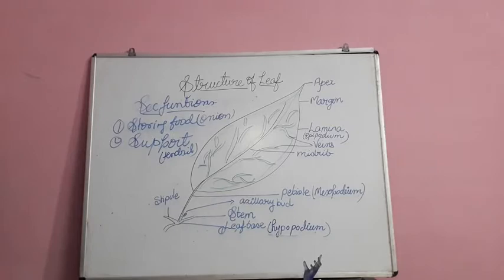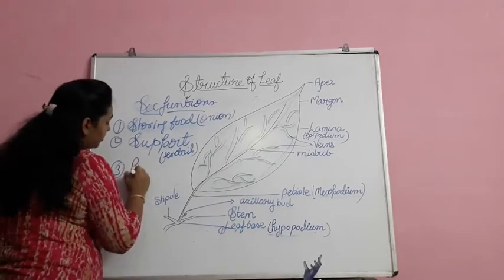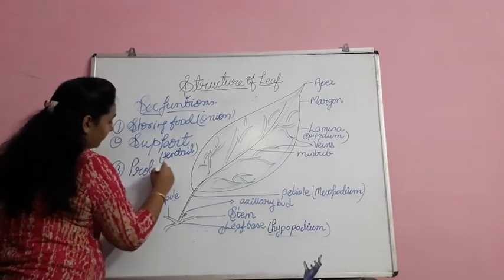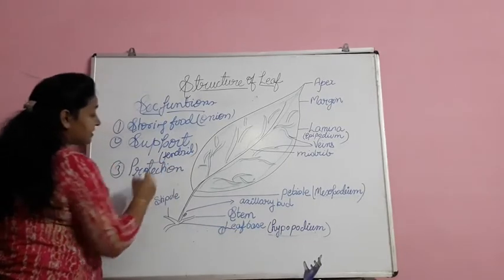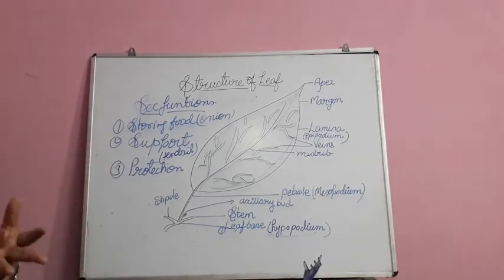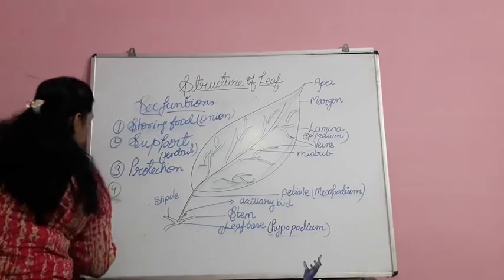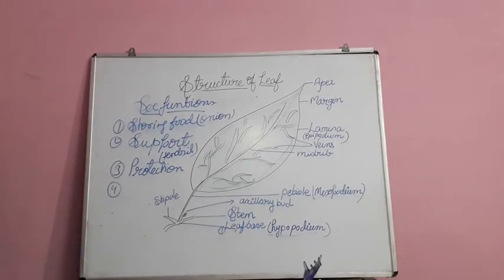Next we have protection. Protection is also very much required, as animals can graze them. Goat, sheep, cow, buffalo, they can graze them. So for protection purposes also, some of the leaves have got modifications in the form of fine spicules, fine thorns. In some of the leaves you will see that they develop themselves into a different form